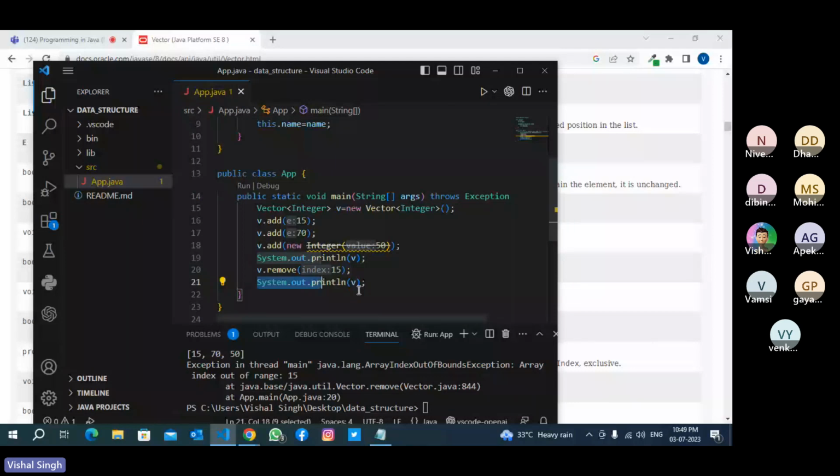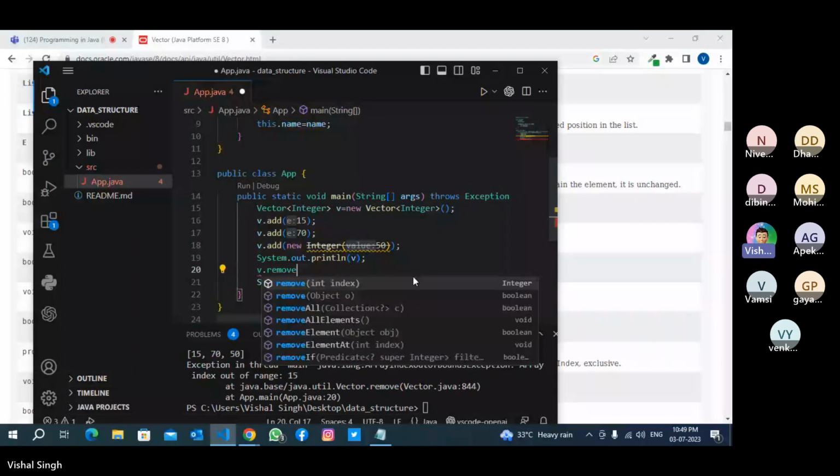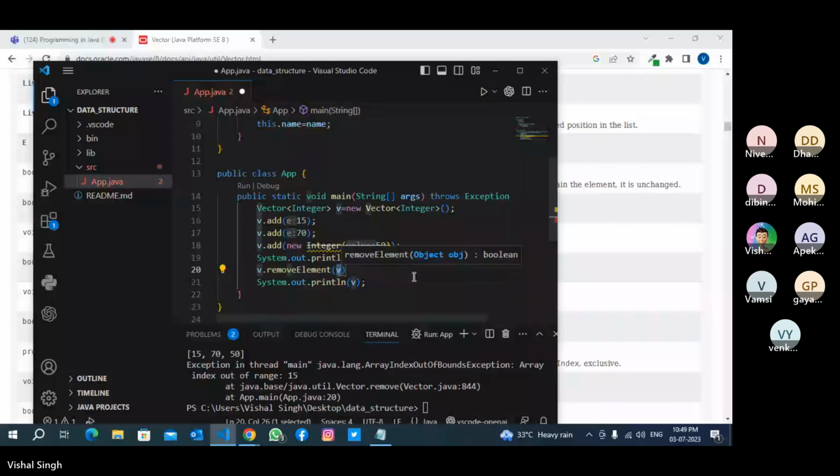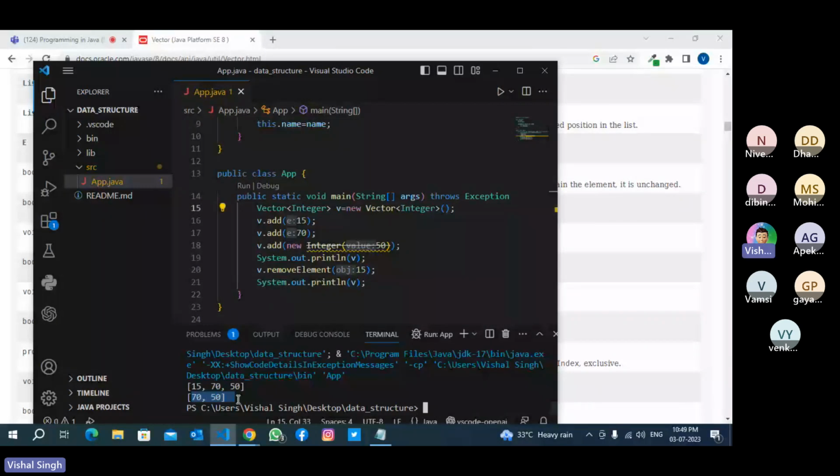And 15, 70, 50. V dot remove index 15. Sorry, index 15? Data is 15, not index. Remove object. Remove element. Okay. Run this. See, 70, 50. 15 is removed.